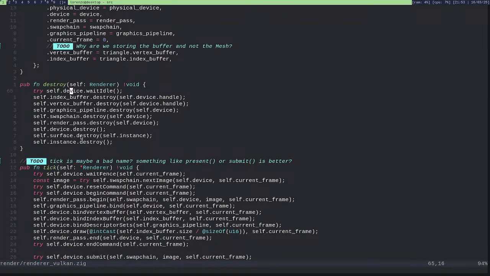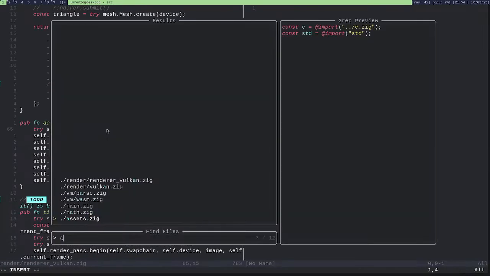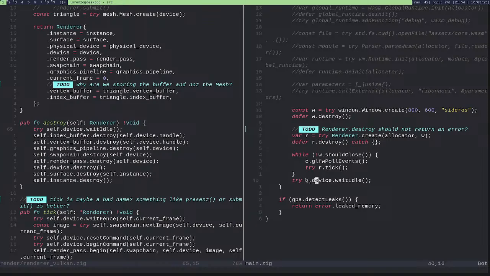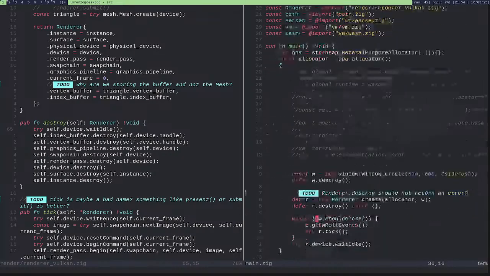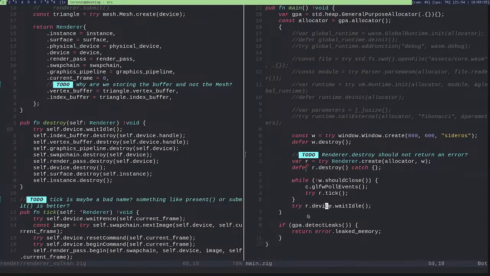Oh, okay. So this is because I need to call... no, wait. How is this? This shouldn't work because the device should be destroyed after that. Oh, but because the... okay, happens next.